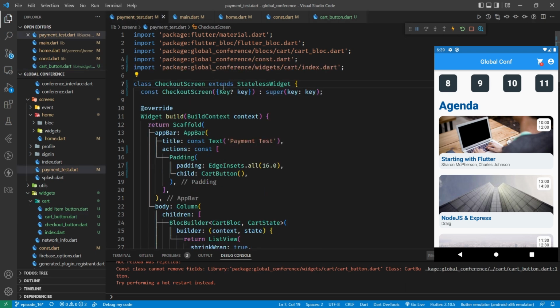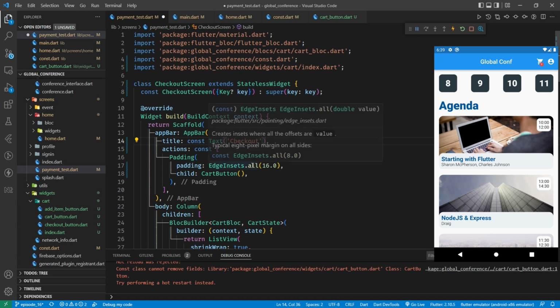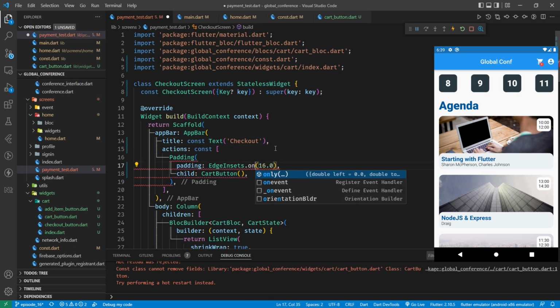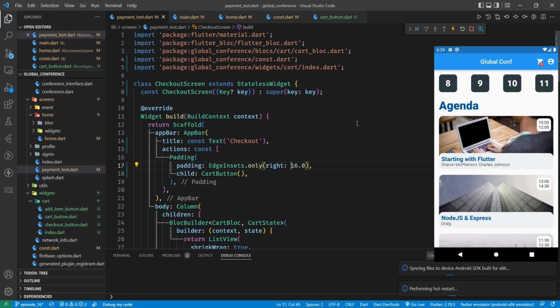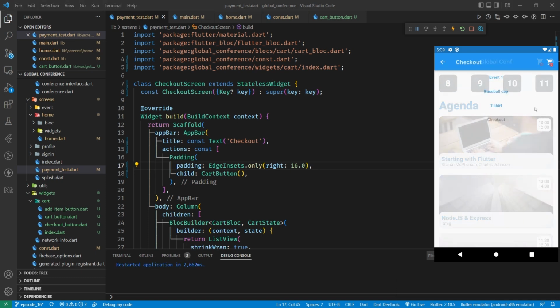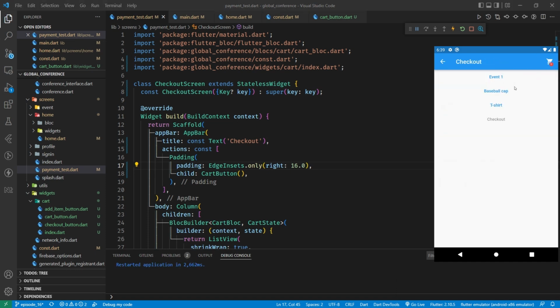Let's come back to payment test and just finish it off. So instead of payment test, we'll call this checkout for now. And we've got this padding here. I think we just want to change this padding to only right, so that will position it correctly on that page. So I'm going to save that, do a restart of the app. And now if we click on our cart button, yeah, we get to our checkout page